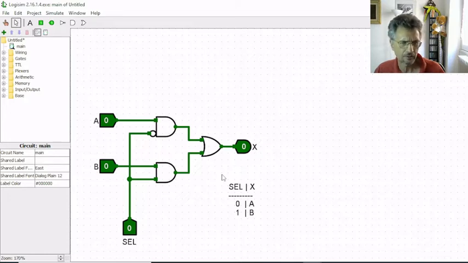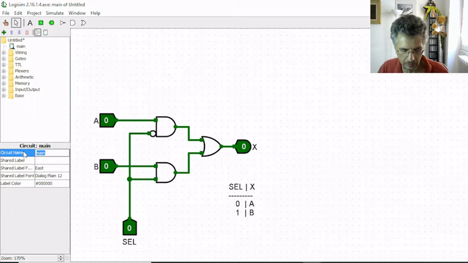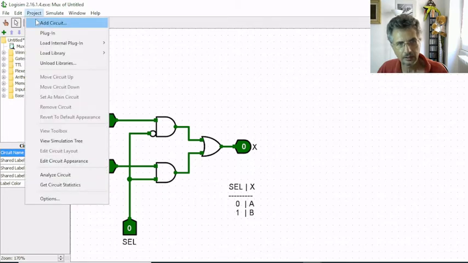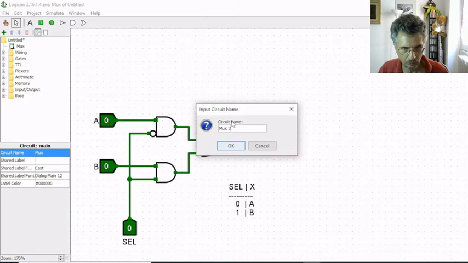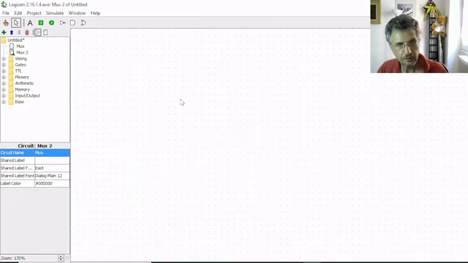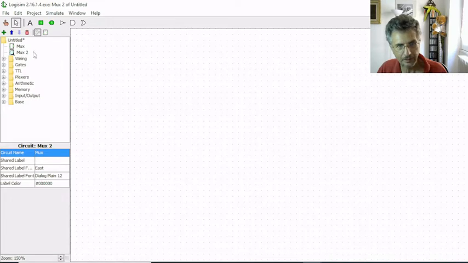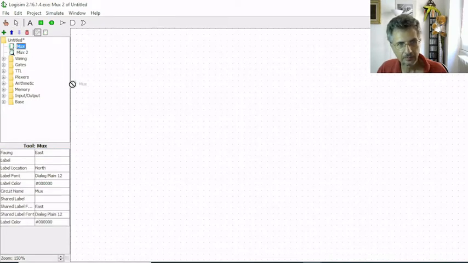And now I'm going to show you a cool feature of Logisim. First of all, I'm going to rename the basic circuit, the circuit which is named main by default. I'm calling it MUX, for multiplexer. And I'm going to create a new circuit, MUX2. And in this new circuit, completely empty, I drag the